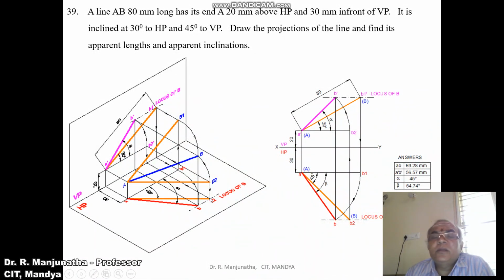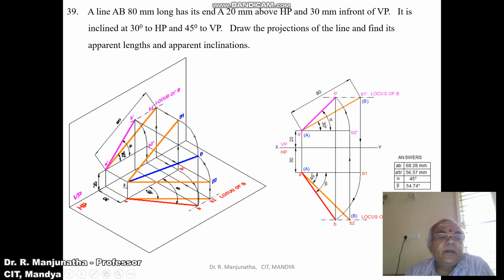Now we need to find out the apparent length in the top view and the apparent length in the front view. We know that AB1 is parallel, and the B1 point is here. This is the top view of this line. But what we need to do is, this point is not actually here. It will be here. So in order to do that, with A as center, take the radius of AB1 and rotate it such that it cuts the locus of B in the top view. So in space, I will rotate such that this B1 comes on the locus of B in space. So this becomes the EB line.